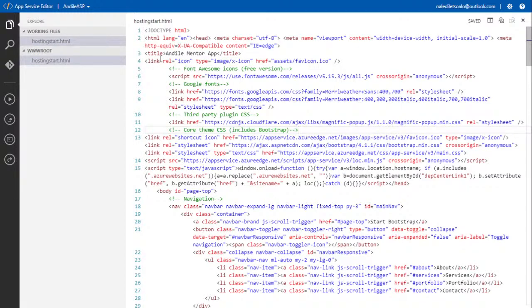So link, this is relative icon, type, it's an image icon, and the image icon that I'm going to be using is from favicon.ico, and I'm also going to be using some fonts.